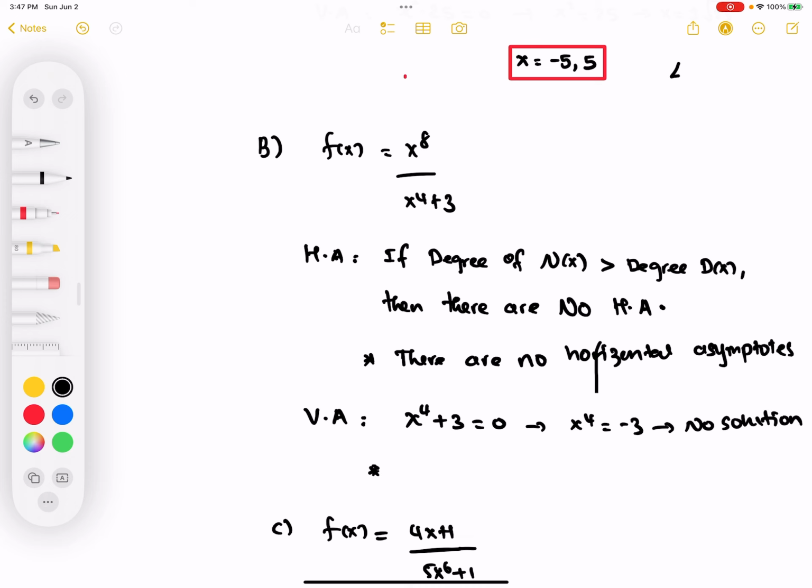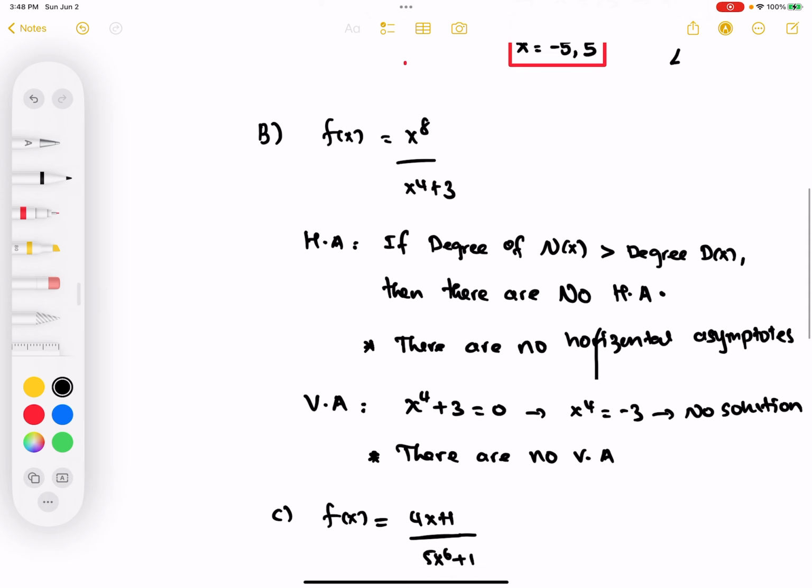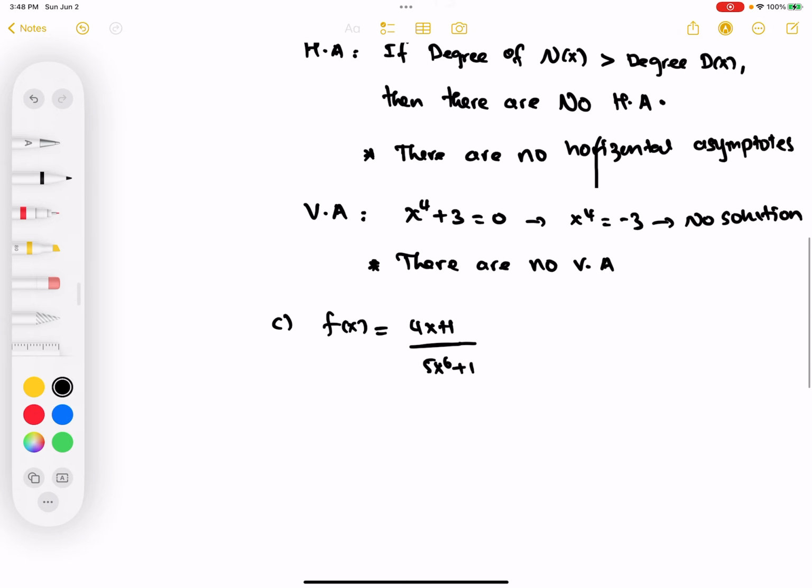So the conclusion, there are no vertical asymptotes here, because you can't find the value of x for this equation. It's a complex number and there is no solution under the set of real numbers, so there are no vertical